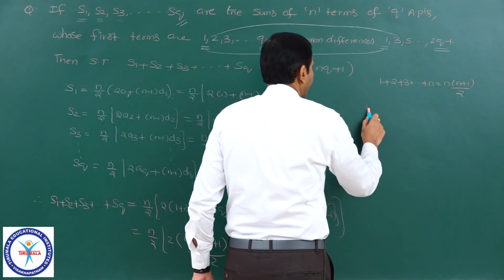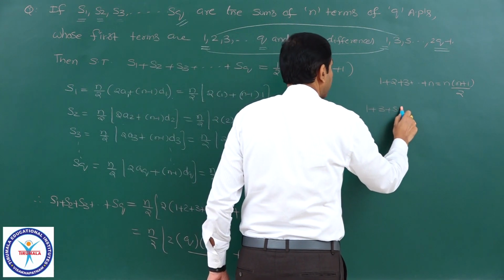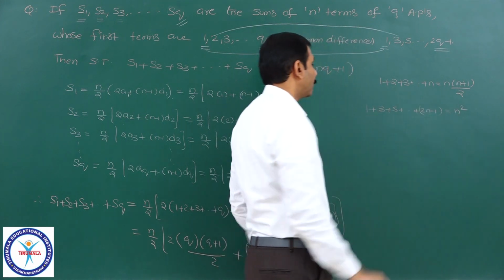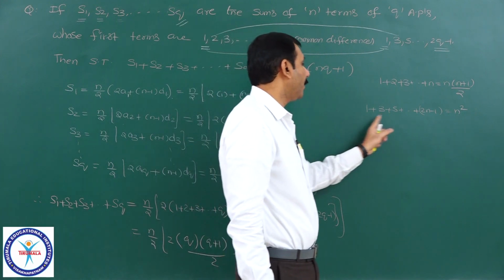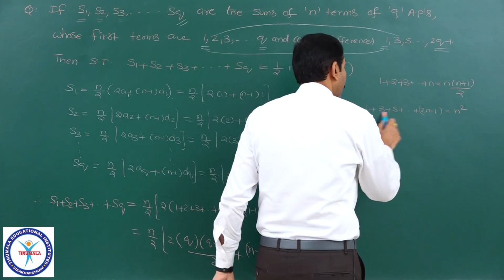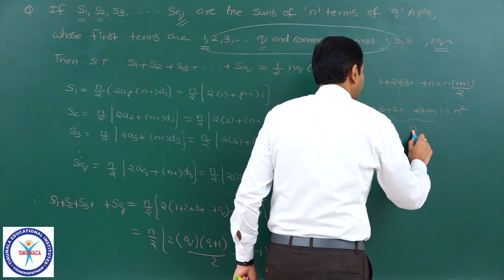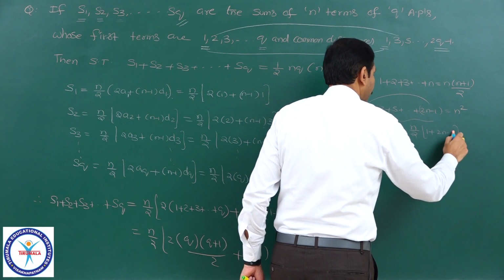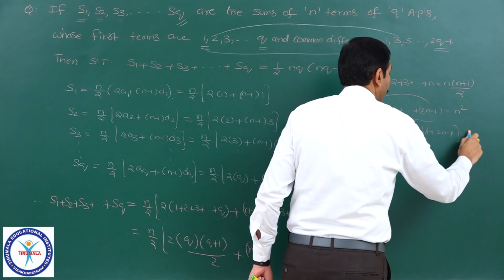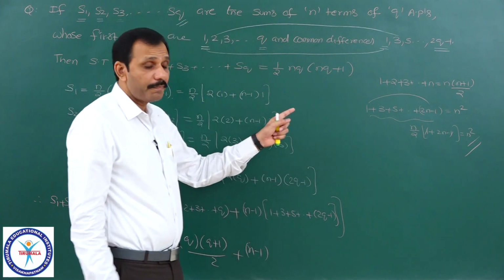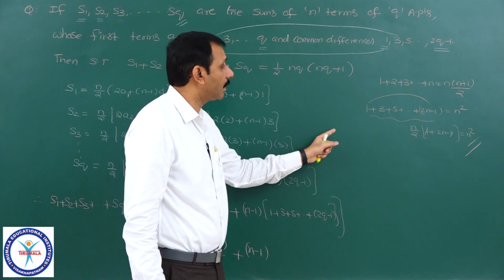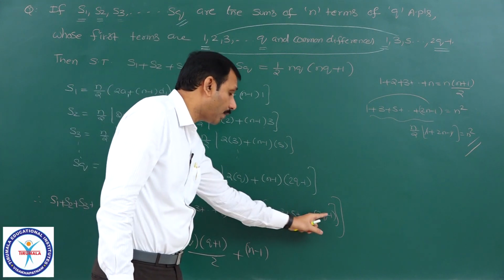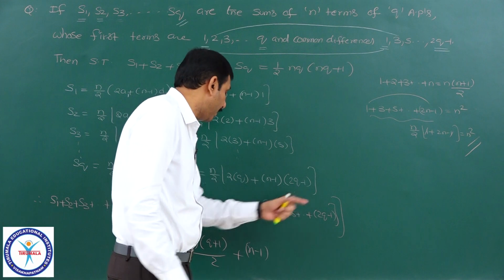Here the sum of n odd terms, 1 plus 3 plus 5 and so on 2n minus 1, is equal to n square. It is an AP only. How many terms are there? n terms are there. If I find this sum, it is equal to n by 2 into first term plus last term: 1 plus 2n minus 1, this minus 1 cancels, 2 cancels, n into n, square only. The sum of first n odd natural numbers is equal to n square. Therefore, here the sum of first q odd natural numbers will be q square.